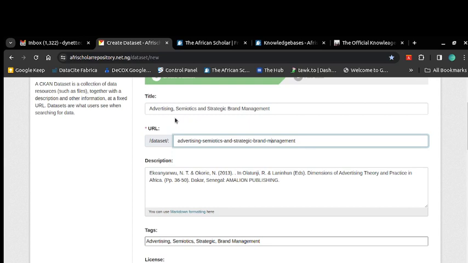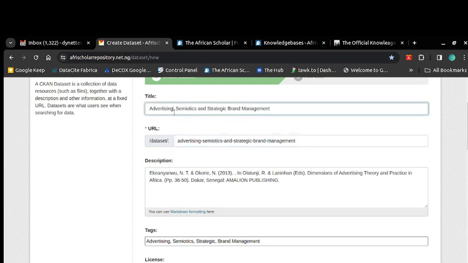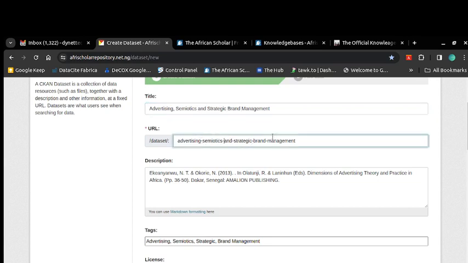Then you make sure that there is no comma. So I remove this comma out. You make sure that there's nothing else in it. Then wherever you had a space, like this is a space, is a space, is a space, replace it with dash, dash, dash, dash, dash. That is the convention for how you are going to be able to identify this data set uniquely on the